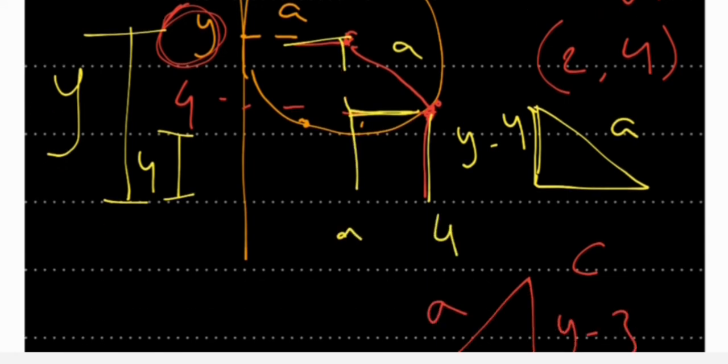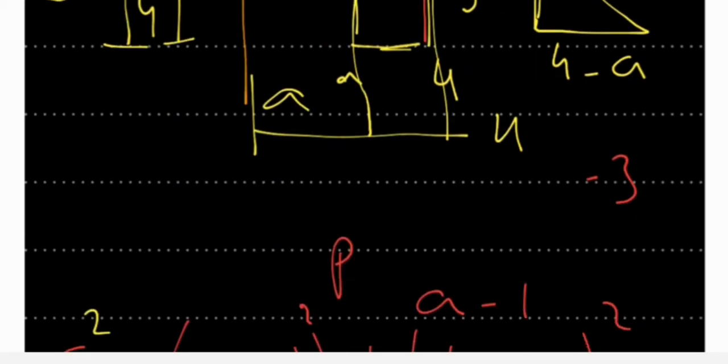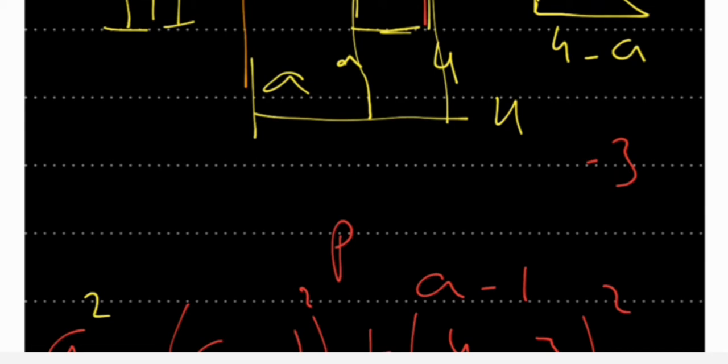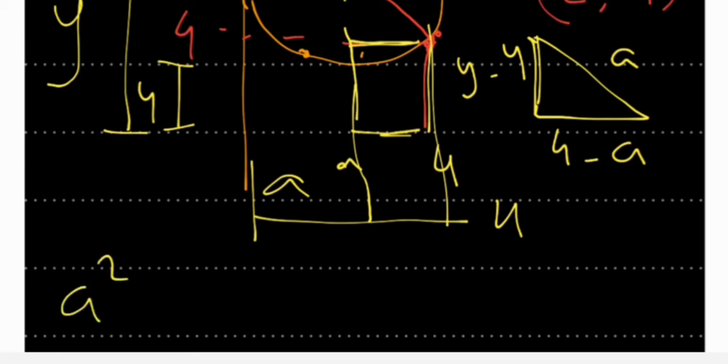So all of it is 4, until here it is A. So this is 4 minus A, okay? So we will have that a squared is equal to 4 minus a squared plus,